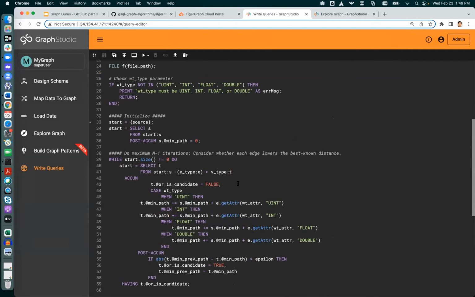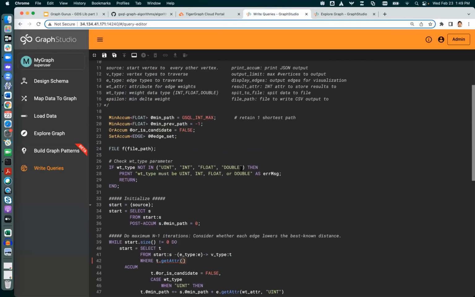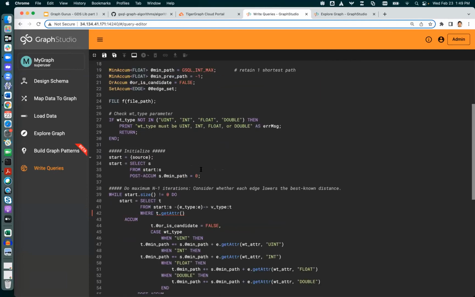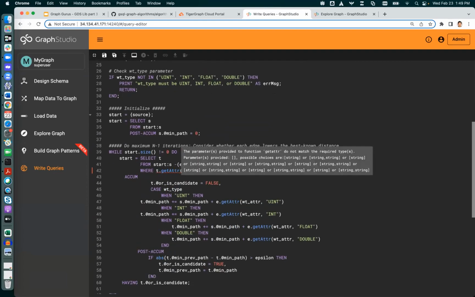I want to add it here. Where, so only consider airports where the destination, I think it was called, what did I call it? Attribute name or filter name, filter value. Where filter name